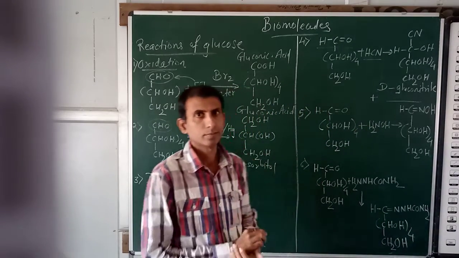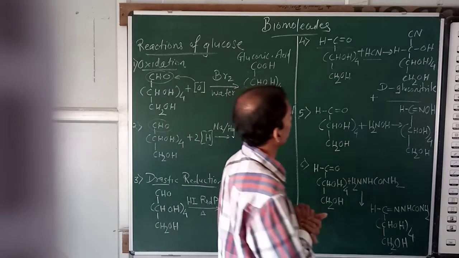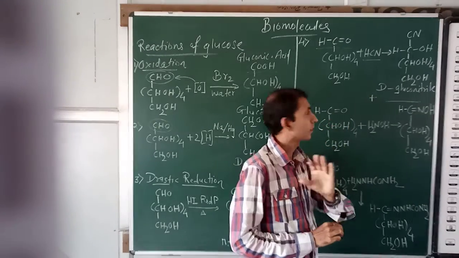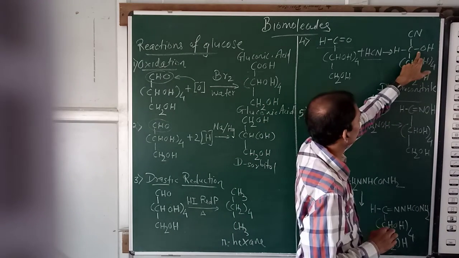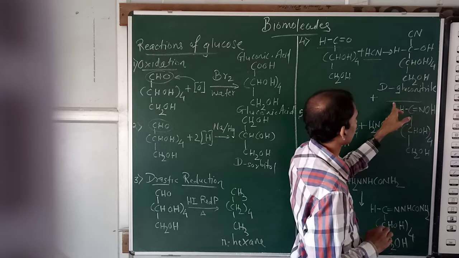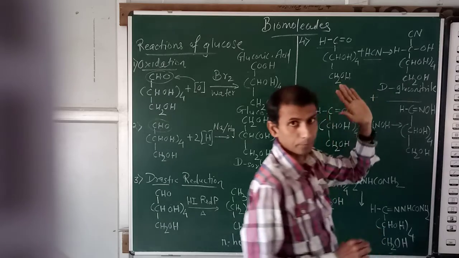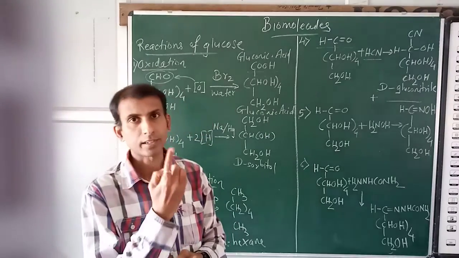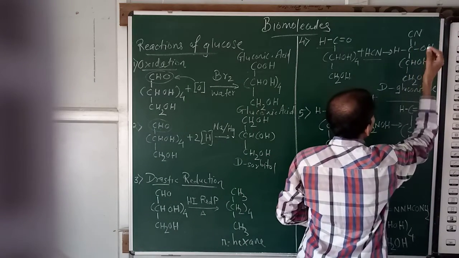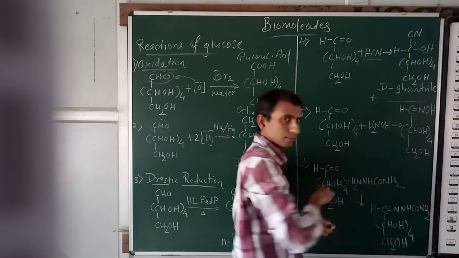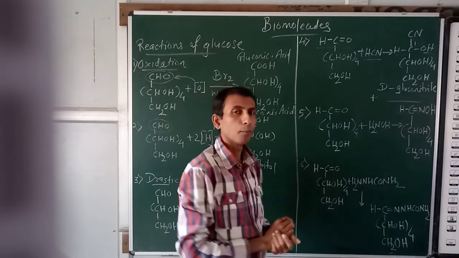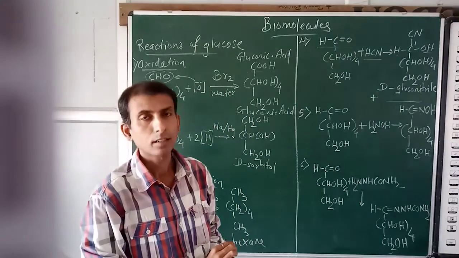We have one more product here; we get a mixture of products. The second product, I have not written the structure here because it's very easy. This OH group which you have shown in D-gluconitrile on the right hand side, you just show it on the left hand side in this structure. In the second structure the remaining part is the same; you have to change the configuration. The OH on the first carbon atom, which is on the right hand side, you show on the left hand side, and you get the second product. The name of that product is D-mannonitrile.